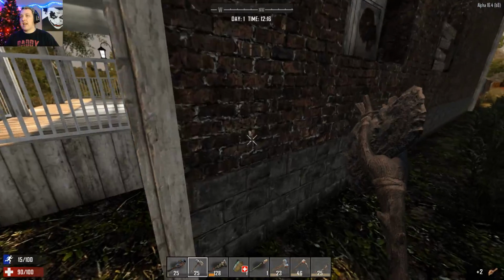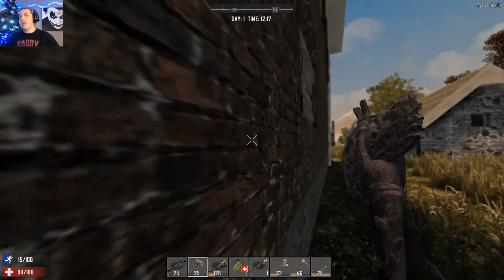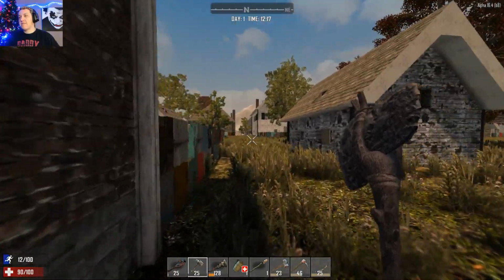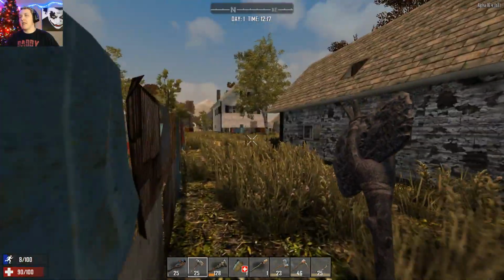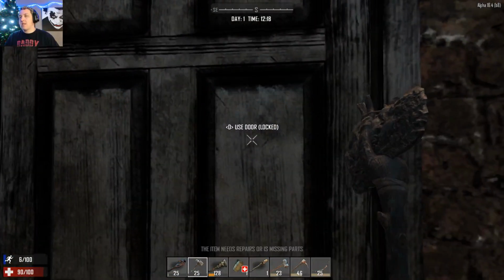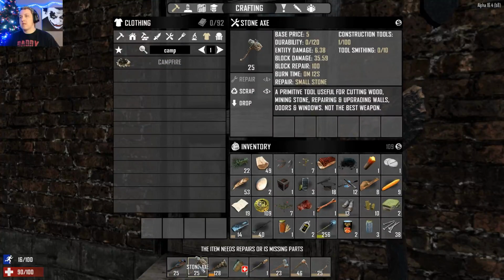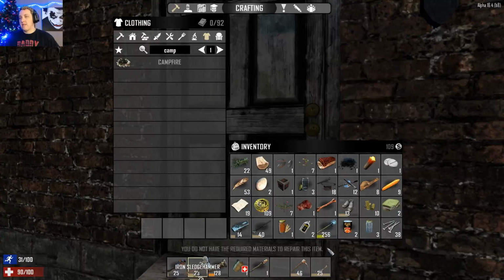So we got a stone and a better stone. We can work with this because we're going to build some groovy defenses. This item needs repairs. I don't have stone. Always a bad day. So,